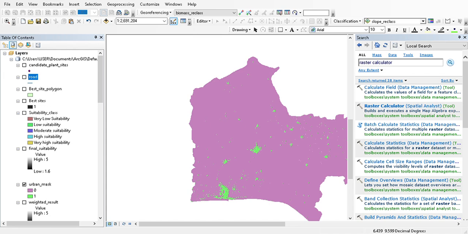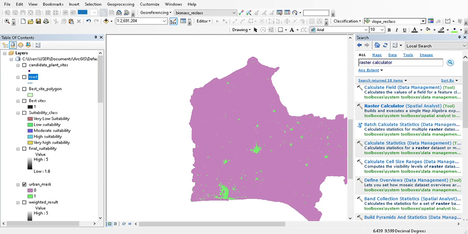That will be my urban mask. Please ensure that these layers are named exactly like this if you want to use this exact formula, or you can just change the name to whatever you used in your own. Then